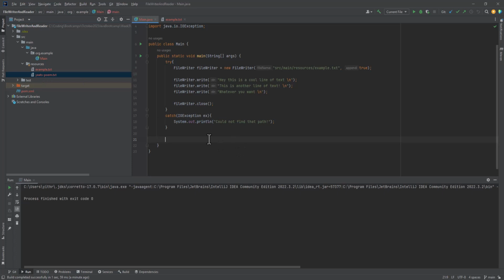poetry slam. Alright, so first off, I need to stream the data from the file so I can actually read it. So I'm going to use FileInputStream, which is a built-in JavaScript class. So I'll say FileInputStream equals new FileInputStream. And now the input stream needs to know, hey, where do you want me to get the information from? Like, what file do you want me to open and stream to you? So we'll do